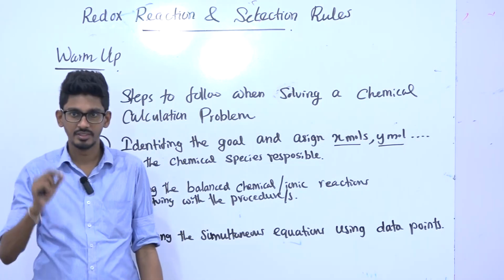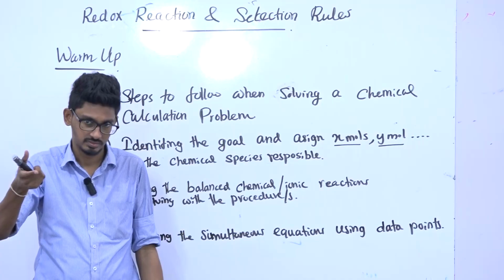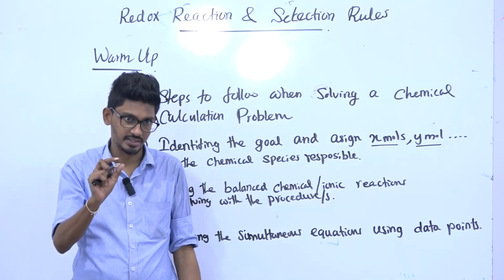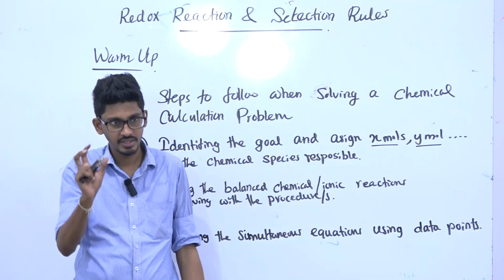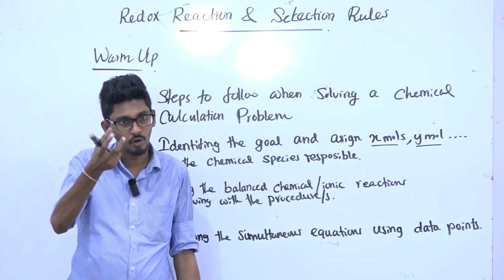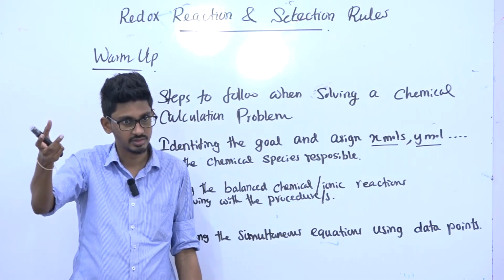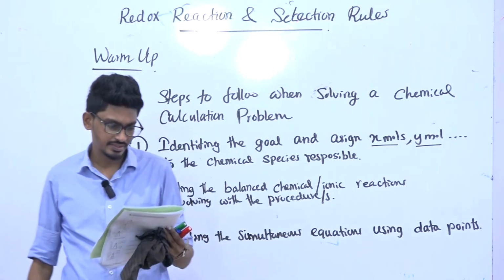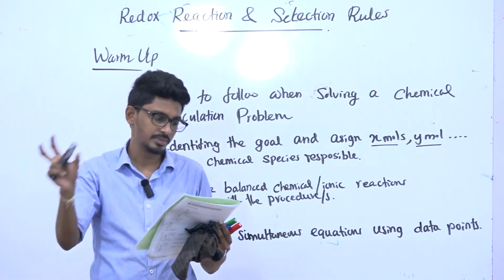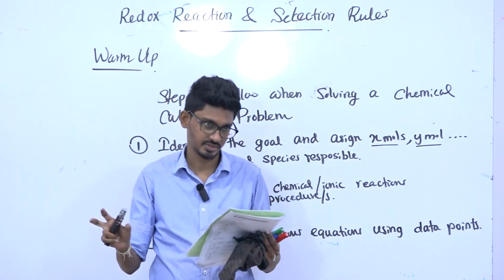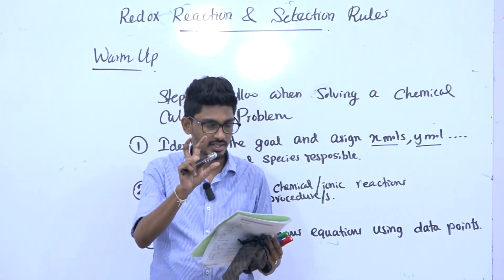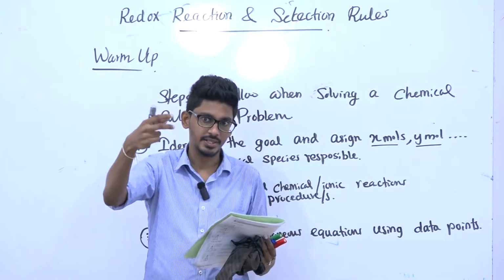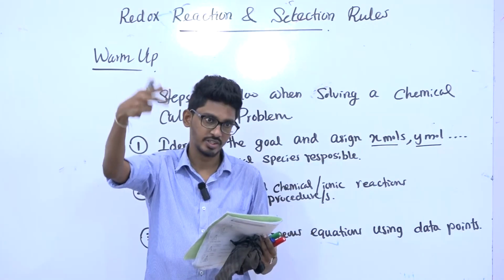exactly the chemical species responsible for that value, right. Data points are some numerical values where you know exactly 100% about the chemical species responsible for that value. The chemical formula of the species responsible for that value should be known for a numerical value to be considered a data point. In this case, right, the dry mass of the precipitate observed was 0.85 grams. Normally, the best data points in your problems are the precipitation masses and the titration